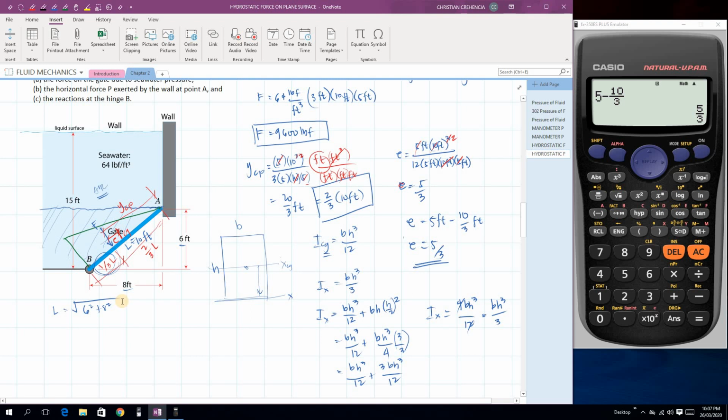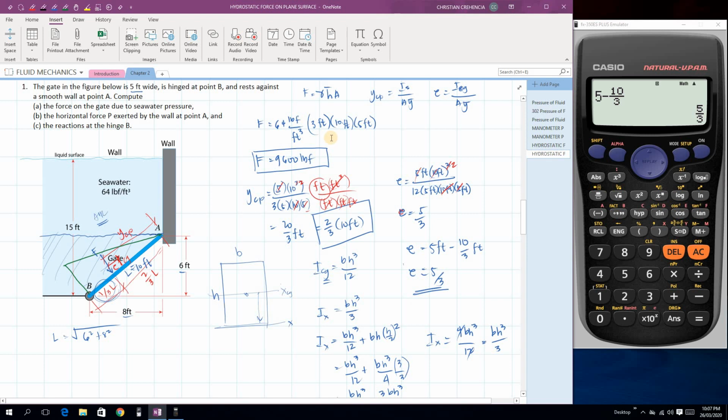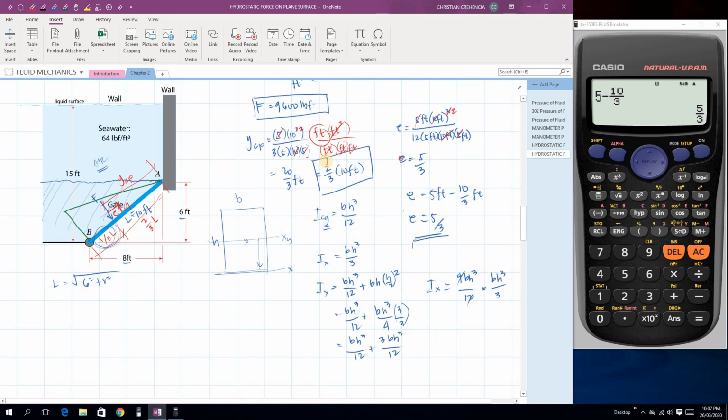So, paano naman natin kukunin so without using, siguro sa next topic na lang para mas ma-appreciate natin. Okay, so, ito yung ating solution. So, ibabalik natin dun sa original problem. Okay, so, i-recall lang natin to, no? Yung force nitong triangular load natin, ng pressure diagram. Triangular load is 9,600 pound force. Okay, so save lang natin to dito. Okay. So, delete muna natin yung